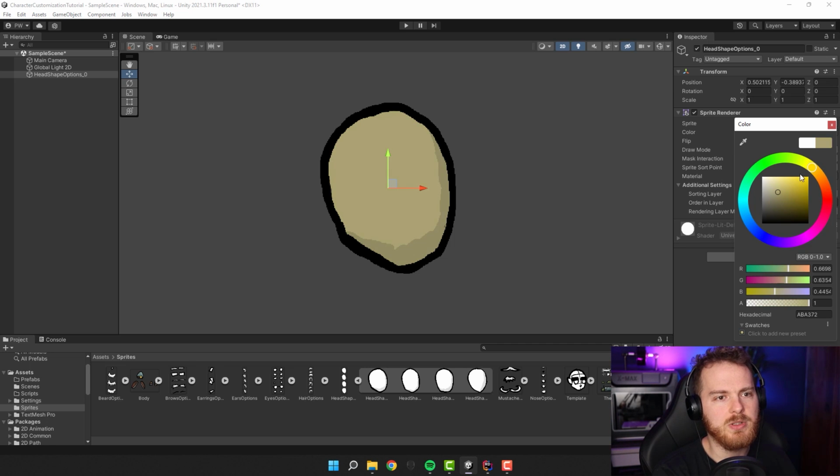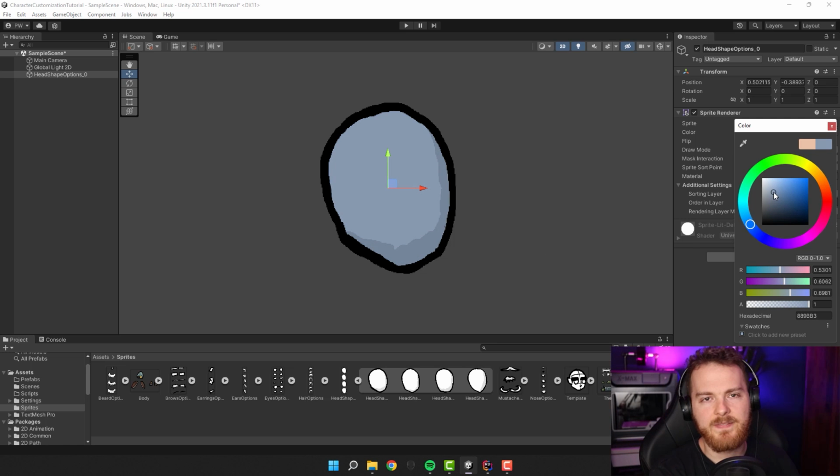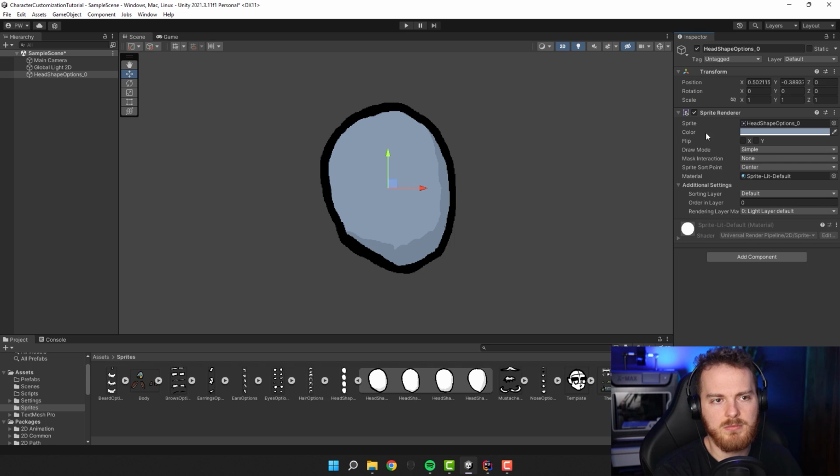So for example, if I select, I don't know, a nice skinish kind of color, maybe something like that, you see, it will look all right. And then you can go really crazy with it too. So if we want to have an orc or an undead or something like that, we can very easily achieve it using just the color setting. So we don't have to create different types of sprites with all different options,